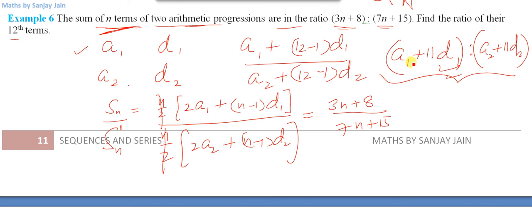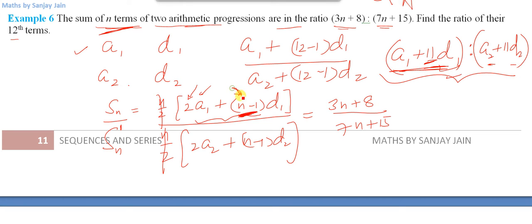Now you need to do a little manipulation here. You need a1 plus 11 d1, a2 plus 11 d2. What you have got here is 2a1 plus certain number of d1, right? So if this certain number becomes 22, I'll be able to take this 2 outside, and I'll be left with a1 plus 11 d1 inside this bracket. So what you need here in this bracket is 22, to be able to take 2 as common and to generate this term.